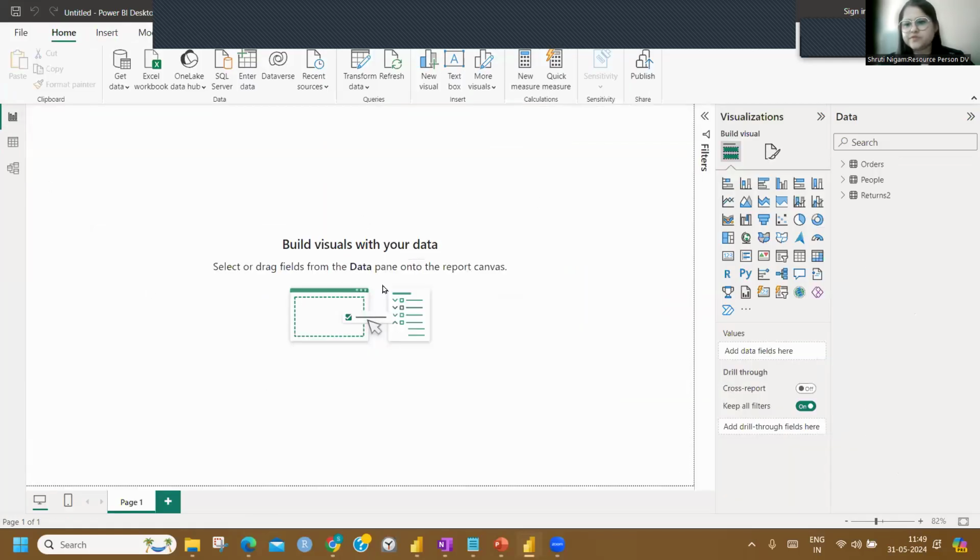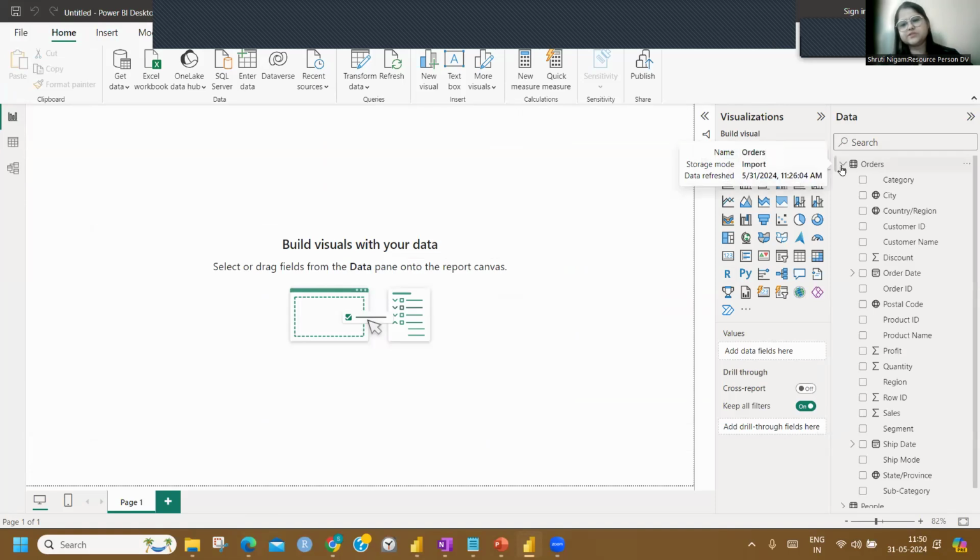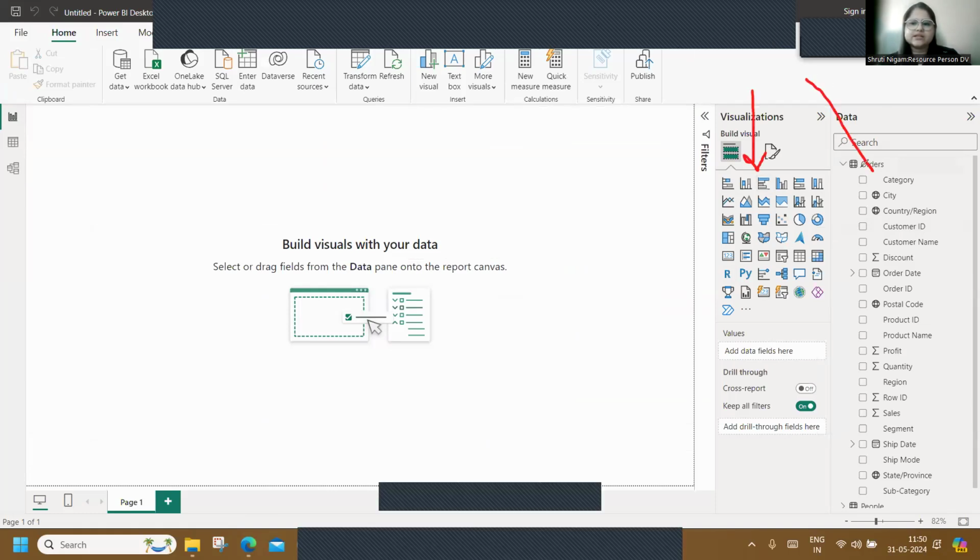Here, build visuals with your data set. We have visualizations pane, everyone, and we have data pane here too. Now we will start with creating some visualizations here. Now, if you want to create a visualization, there are multiple ways to do it. Either you can create a visual first and then you go ahead and